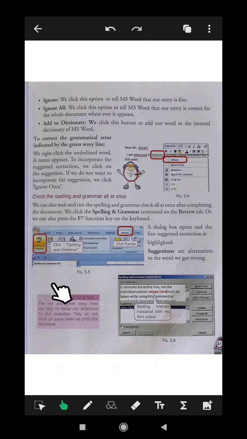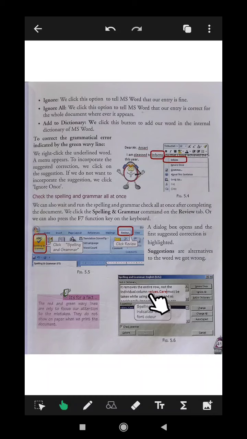We click on the Spelling and Grammar command on the Review tab, or you can press the F7 key on the keyboard. A dialog box opens and the first suggested correction is highlighted.